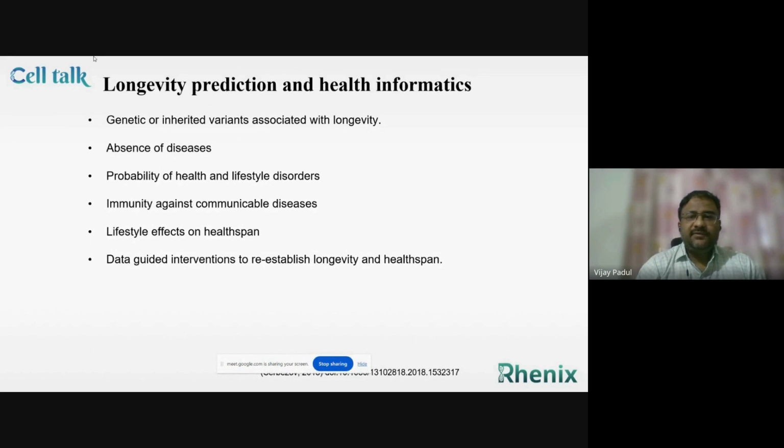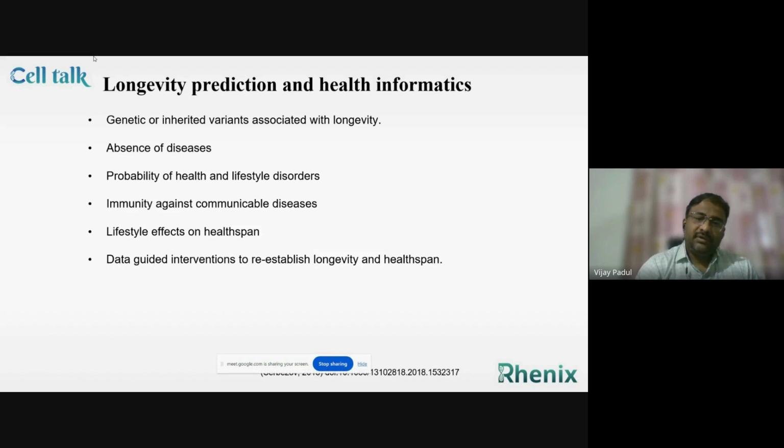So how will this health informatics be helpful in longevity prediction? Genetic or inherited variants associated with longevity can be discovered by using large-scale population-level genomic data. Then for a particular individual, if his longevity is to be predicted, and his entire medical history is available, then that medical history can be probed for the presence or absence of any previous disease or disorder conditions. Lifestyle information will give information about whether there is any chance of developing any lifestyle disorders for that particular individual,